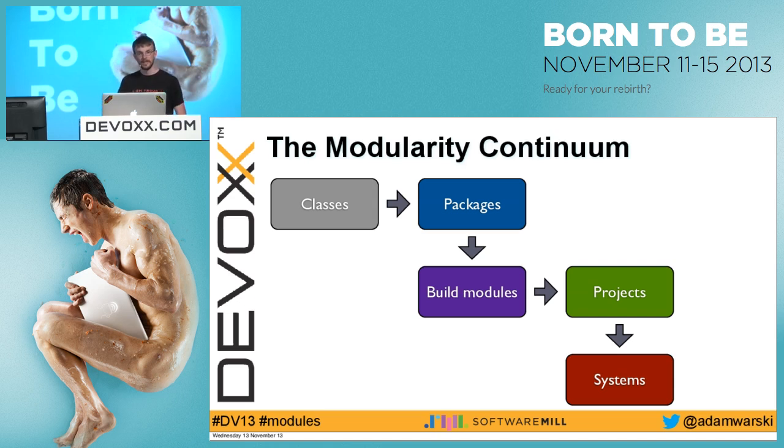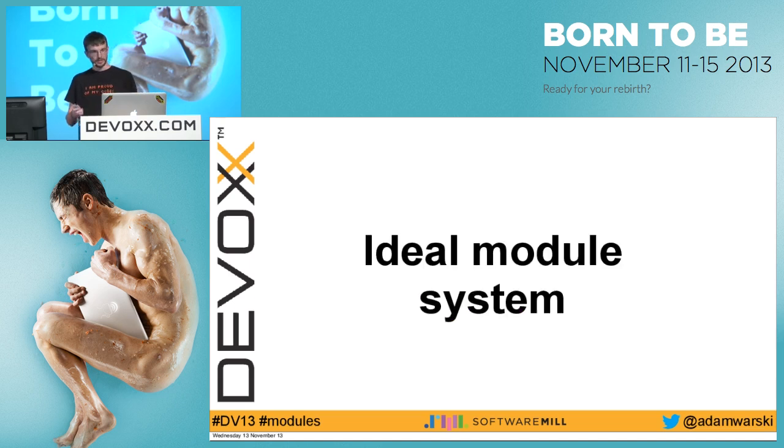For example, are all of the stages enumerated here? Should all of these stages be really distinct? Because each of these stages, like classes, has a different syntax for defining them. There's a different syntax for defining classes and a different syntax for defining packages. So maybe we should have more steps in our continuum, or maybe we should merge some of them, for example, packages and build modules.